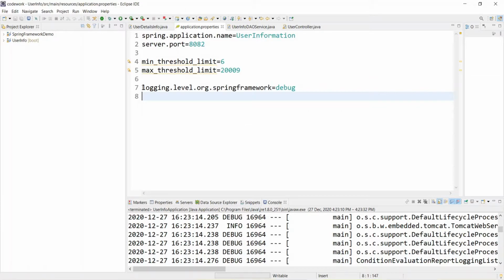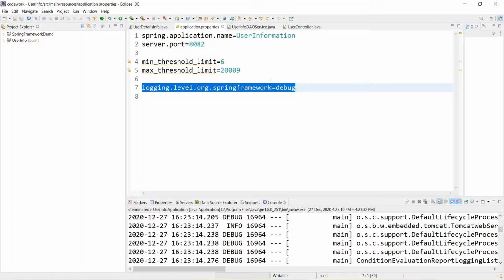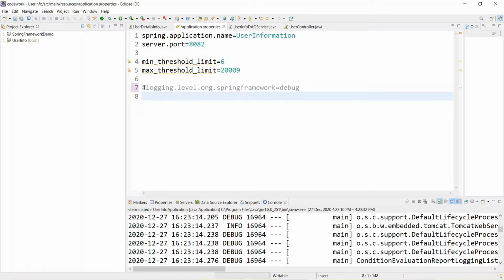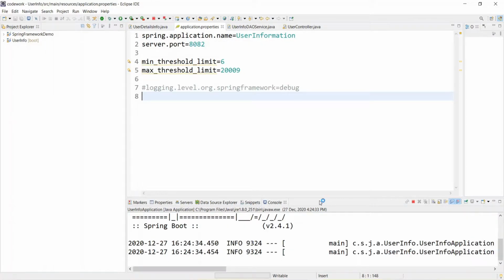So let's comment this logging debug line. Select this and press Control slash, so it comments the line, and thereafter let's run this application.